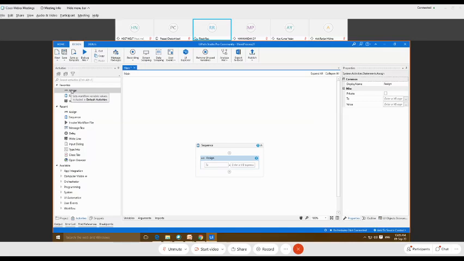The function of this activity is to pass the argument from the first workflow file to the second workflow file. Once you drag the invoke workflow file from the activity panel to your second sequence file, which I have renamed as another workflow file, you can see we are getting some options like workflow path.